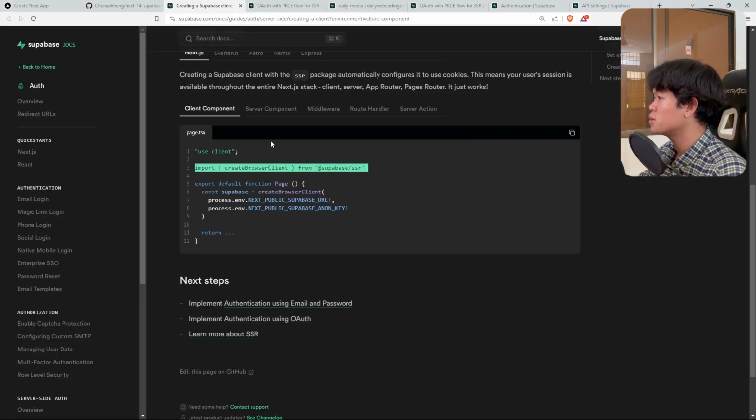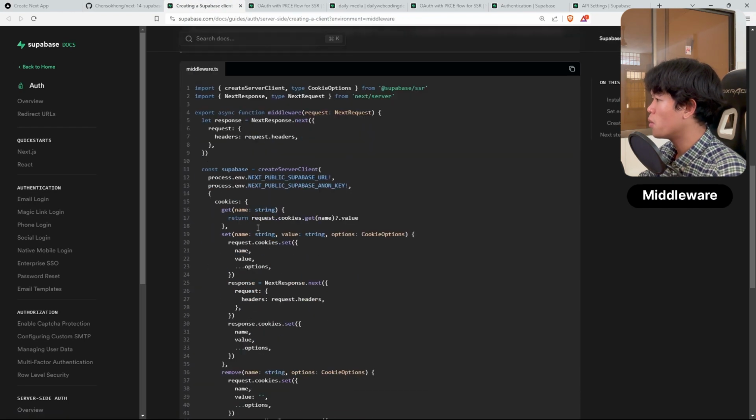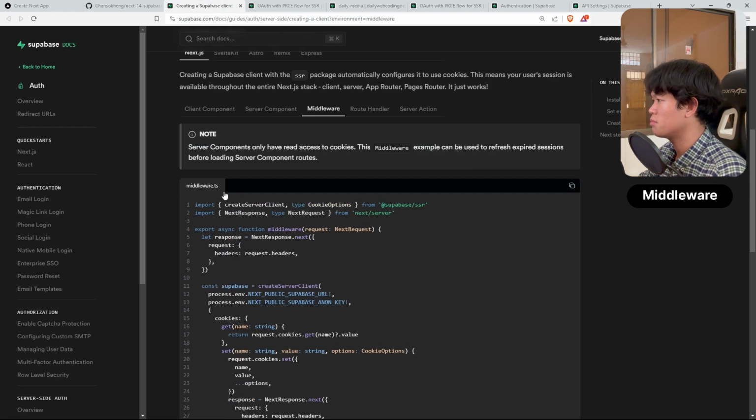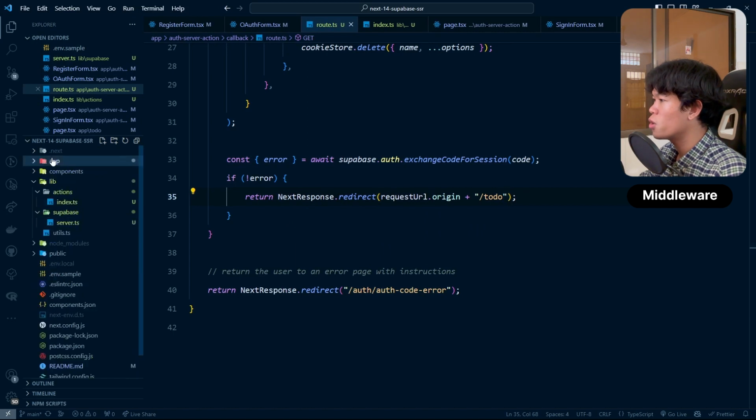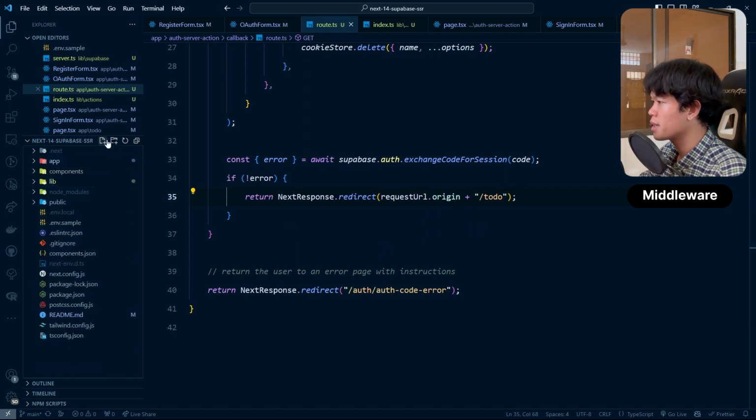Another thing is we should create a middleware for our app, because this will run and refresh the expired session and things like that as well. So for that, I'm going to copy this one and let's go back to the app right here, and then we're going to create the middleware